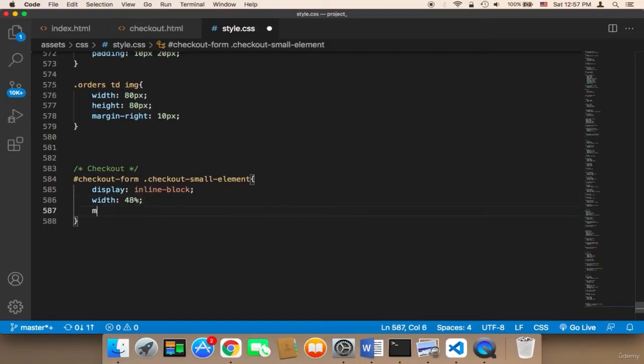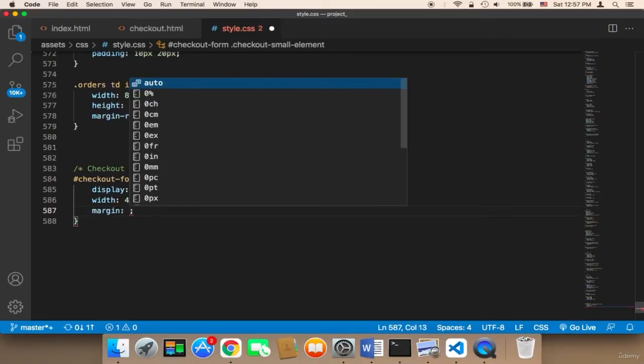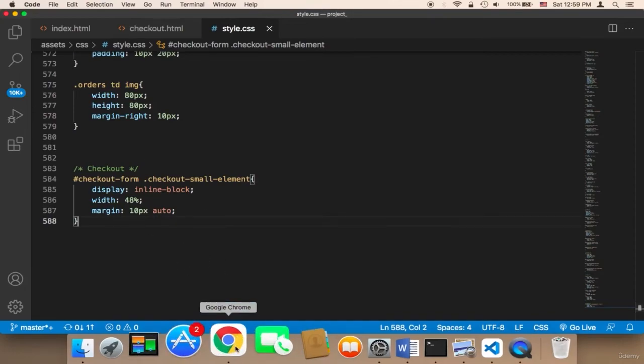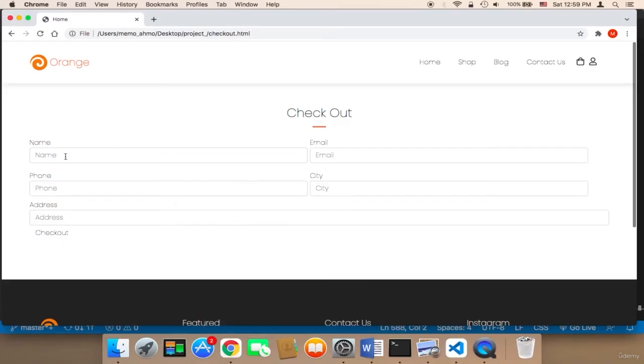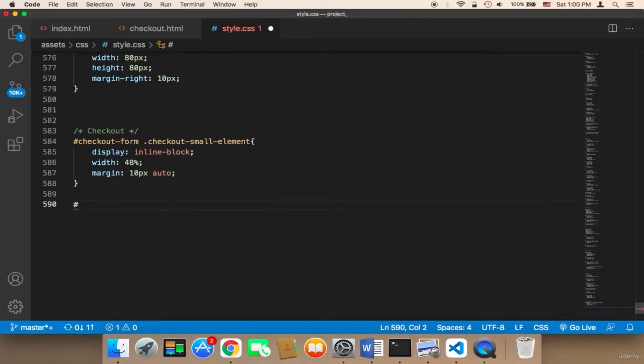And below, I'm going to say here margin. I'm going to give them margins. The margin is going to be 10px auto. Let me now save and let me show you what this would do to the form. So as you can see, the name and the email will be displayed in the same row, whereas the phone number and the city will be displayed in the same row. Now the address will be alone here, but we still need to work on the class for the address, which is the large